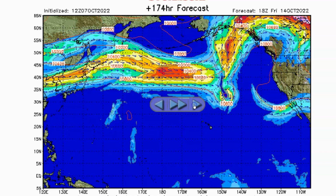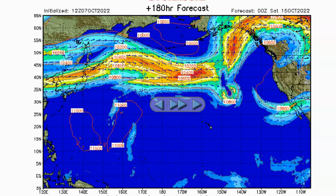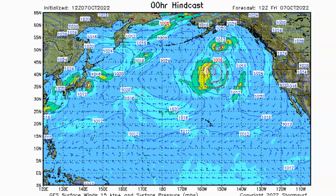And then the trough starts fading as we get into Friday, the 14th of October, but a broader trough, a more traditional winter-looking type trough, starts developing in the northwestern Gulf. So, from this perspective, it looks like the southern hemi is asleep, but the northern hemi is at least going to try. Let's go down to the ocean surface and look at the effect of those upper-level winds on lower-level